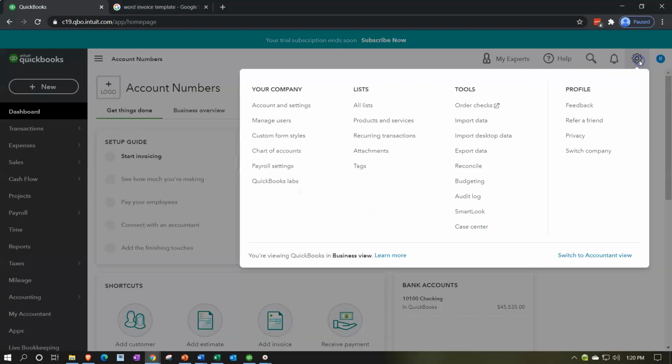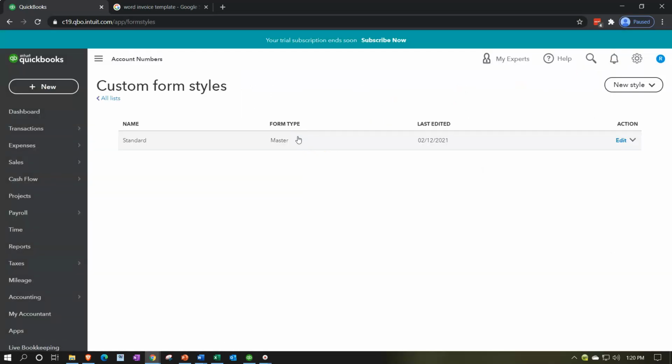Let's go up to the cog up top and then go to the custom form styles. Cog, custom form styles. And then the drop down up top for the new styles has the custom form. Typically those are forms we provide to others, such as the invoice, sales receipts, and estimates. The most common way of customizing is, as we will see in future presentations, selecting one of these items and